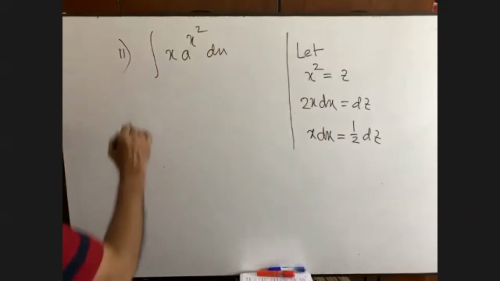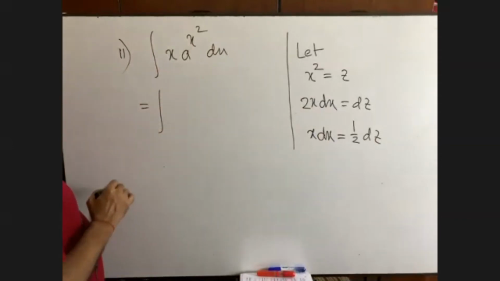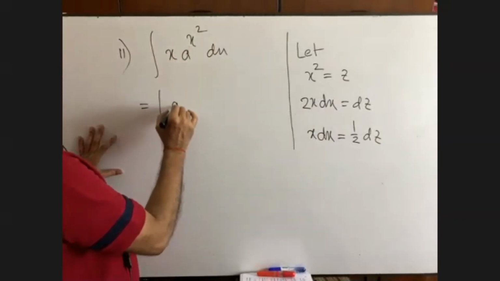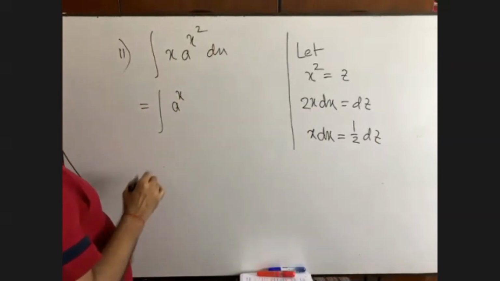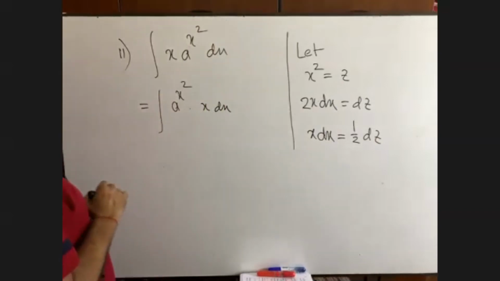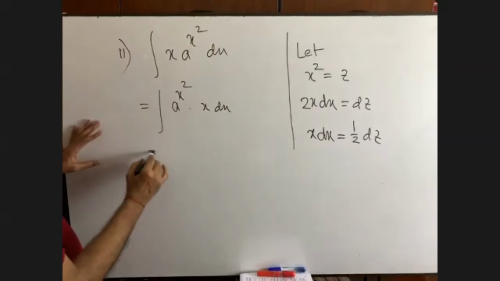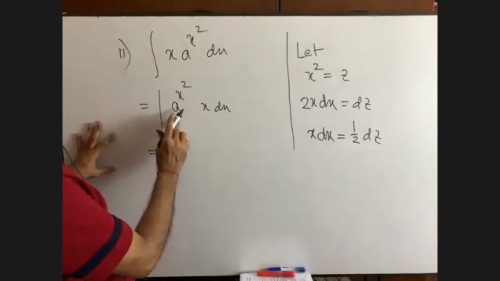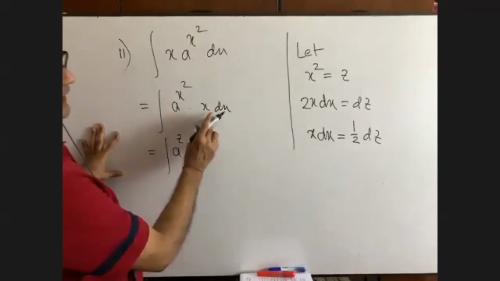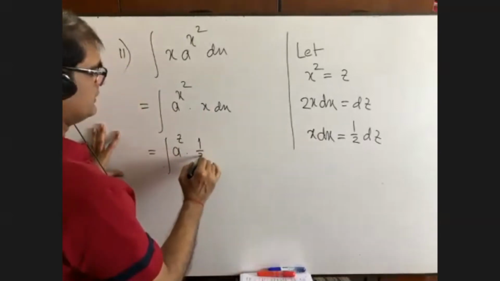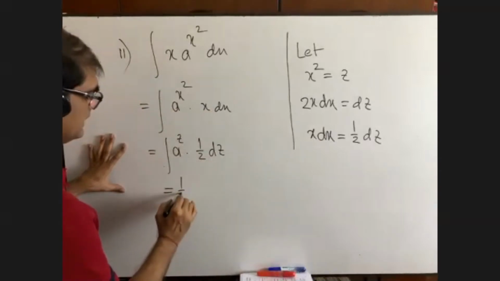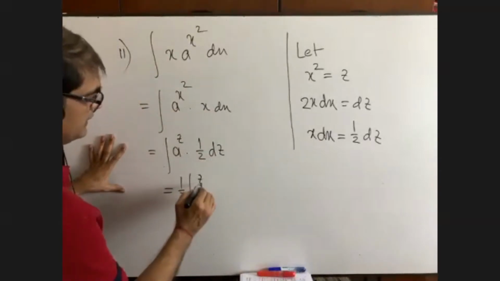Okay, very good. I am showing you another way. It can be written like this, please pay attention. A to the power, though you will not write it in the exam, we can write like this, into x dx. Can you write? Now you see, its value is what? A to the power z, and x dx, its value is half dz. That means we can write here half a to the power z dz.